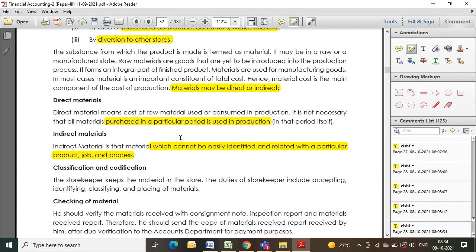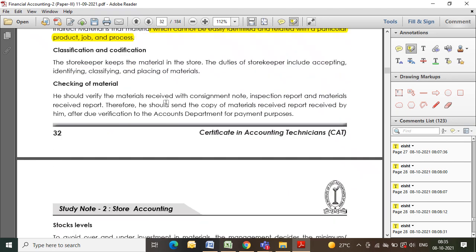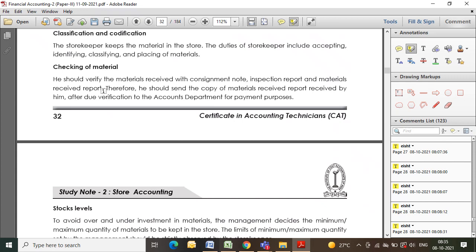material is visible. For example, you are using a plate on the table. That plate has to be fixed. So that plate will be direct material. While Fevicol or the nails or, let us say, the gum used in any production will be difficult to identify and will be indirect material. So the items have to be identified, the direct material separate and indirect separate. And similarly, the storekeeper should have a process where each item is checked and validated.